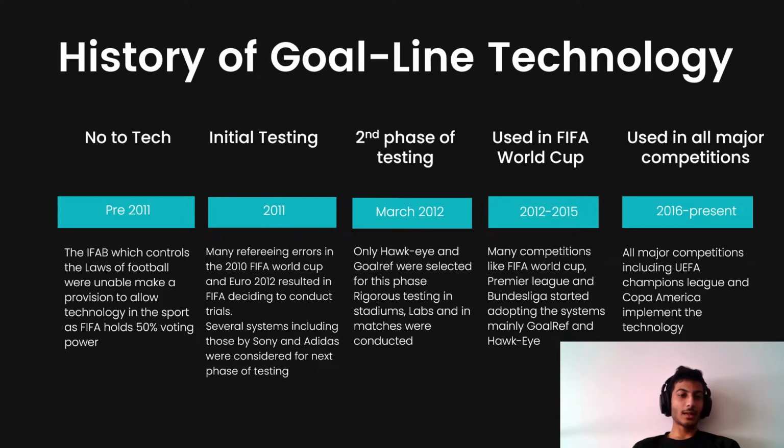Before 2011, many sports like cricket had already started using technology to help assist in in-game decisions, but FIFA was reluctant to do so, and it had a 50% voting power in the International Football Association Board, which was the governing body of football, and used to make rules regarding it. The provision was never passed regarding using technology in football, but it all changed in 2011